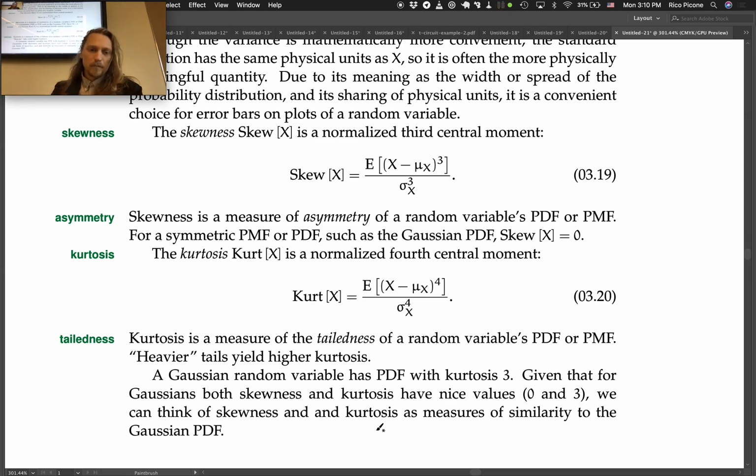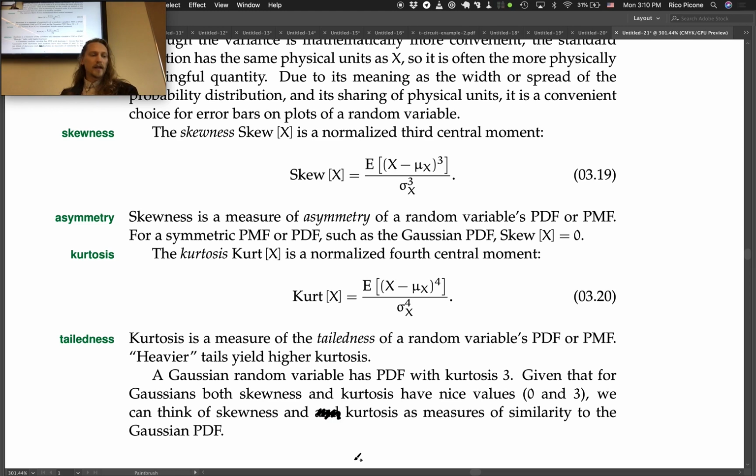A Gaussian random variable has a PDF with kurtosis 3. Given that for Gaussians both skew and kurtosis have nice values, so the skew is 0 for a Gaussian and the kurtosis is 3, we can think of skewness and kurtosis as measures of similarity to the Gaussian PDF. So that is a common thing to do,